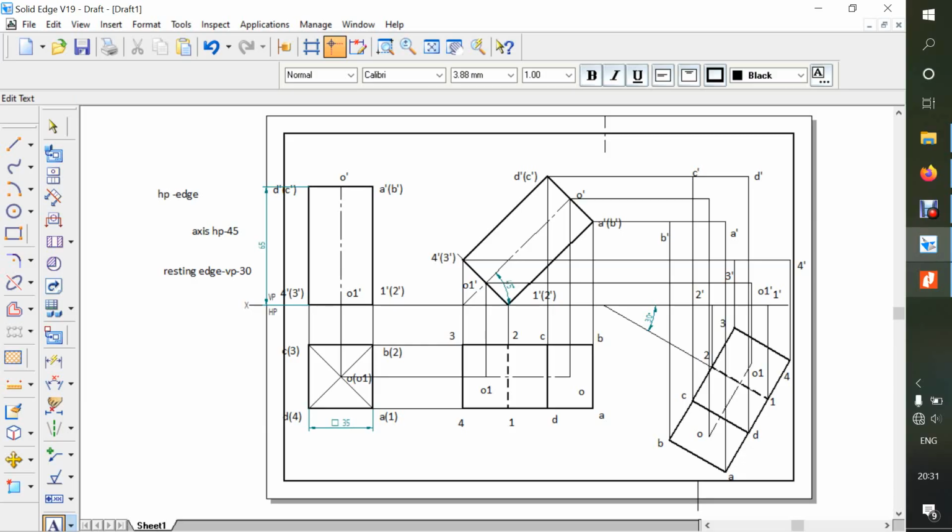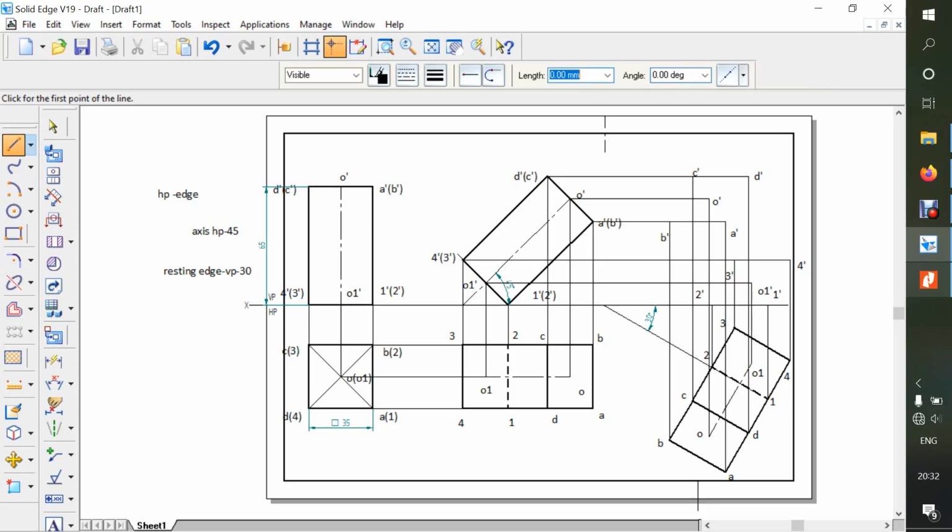And where is O? This is O dash. Okay, so now you can just count: A, B, C, D, 1, 2, 3, 4, and O1 dash. So we'll complete that O1 dash because it's an axis line anyhow, that is always visible.